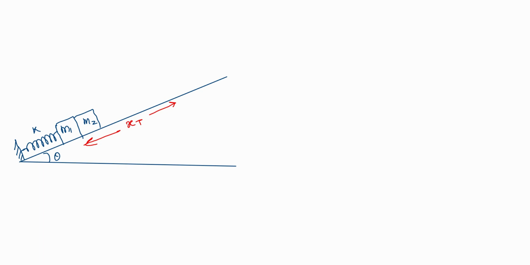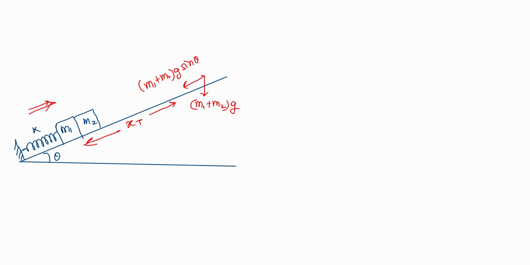So over here, if I consider the total force, the gravitational force (m1 plus m2) g is acting in the downward direction, and the component (m1 plus m2) g sin theta is acting along the incline. As the block moves towards the natural length mark, work will be done against gravity, and the spring is pushing the system in the upward direction.